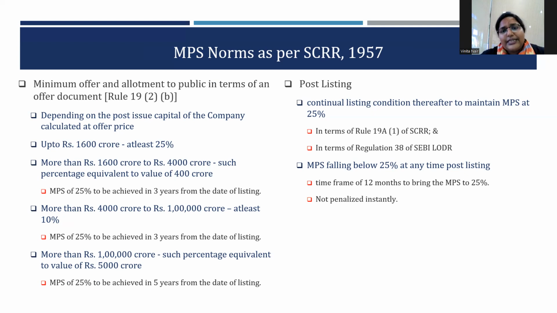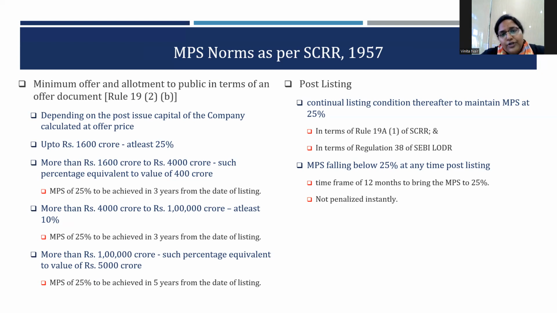And therefore, a time frame of 3 years and 5 years respectively has been given from the date of listing to enable the listed entity to increase the public shareholding norms. Now, once listed, it's a continual listing condition in terms of Rule 19A of Securities Contract Regulation Rules, as well